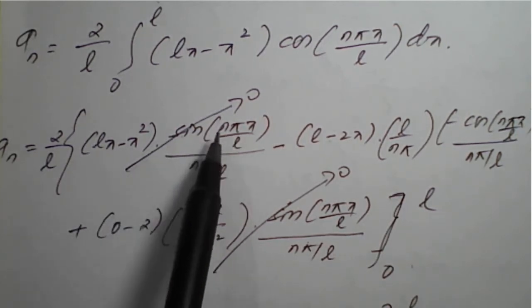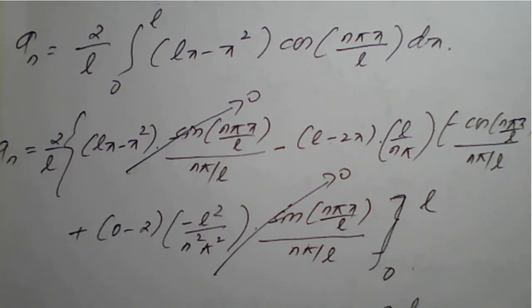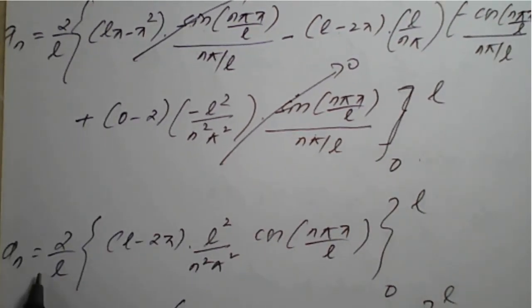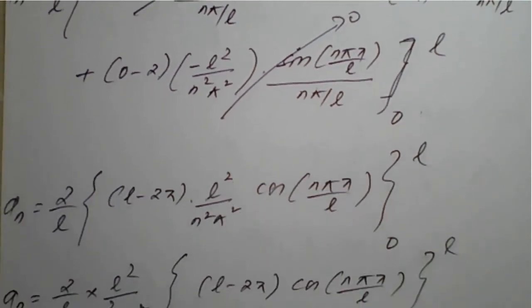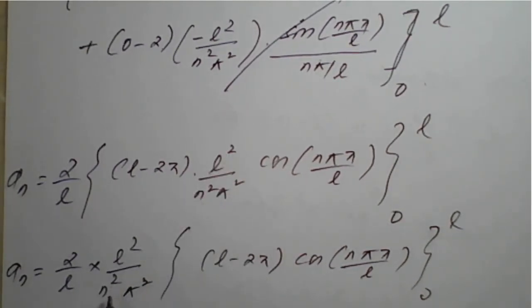So therefore I can say that the first term and the last term will vanish because of the upper and lower limit. So only the middle term is left, that I have collected here, which is nothing but an is equal to 2 upon L into minus 2x into L square upon n square pi square cos of n pi x upon L, limit from 0 to L. So we need to take the constant term out first, and then apply the upper and lower limit. So the constant term is what here? L square upon n square pi square will take out completely. And then for the remaining part we will apply the upper and lower limit. So upper limit is L, lower limit is 0.